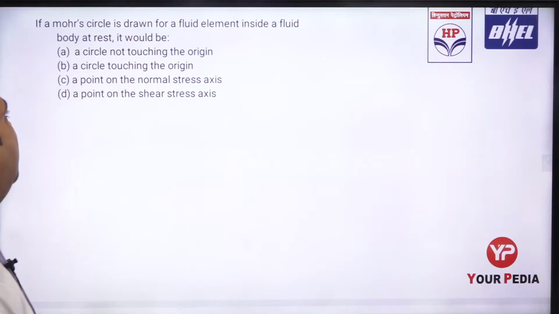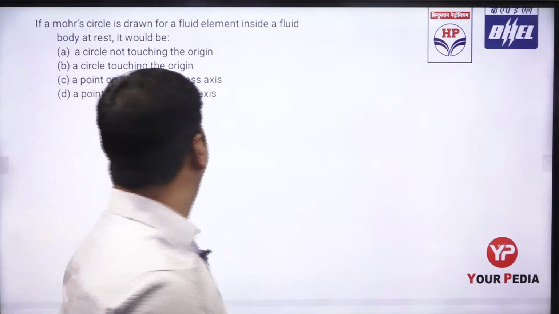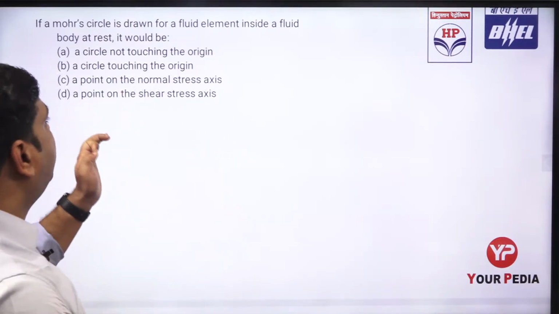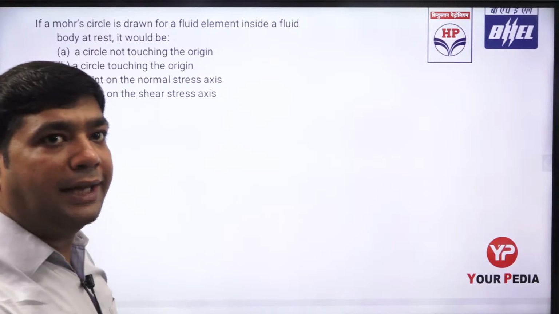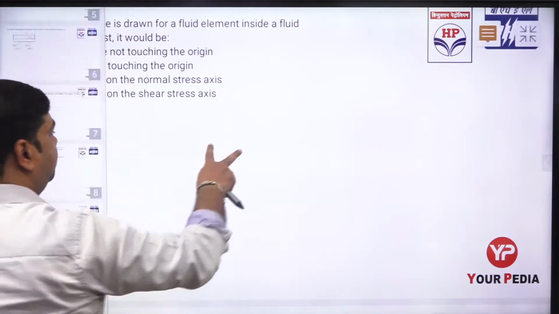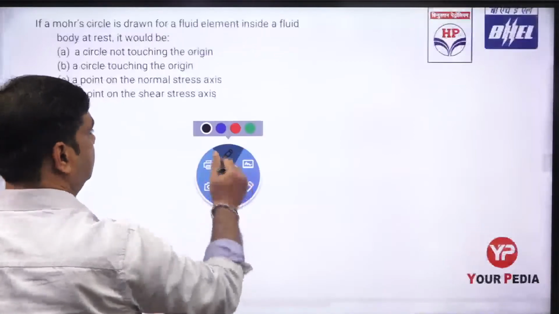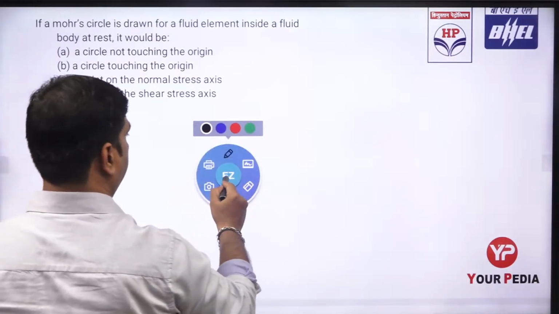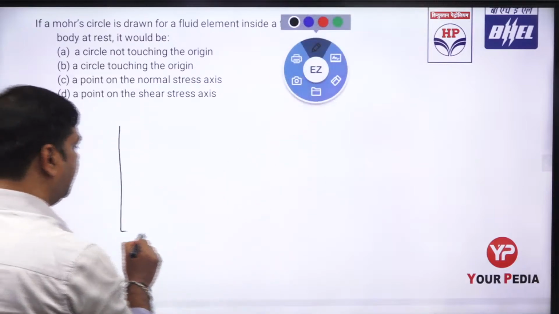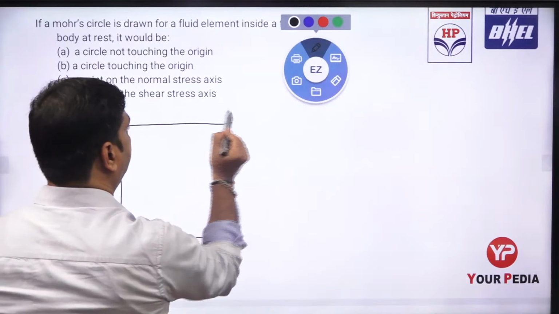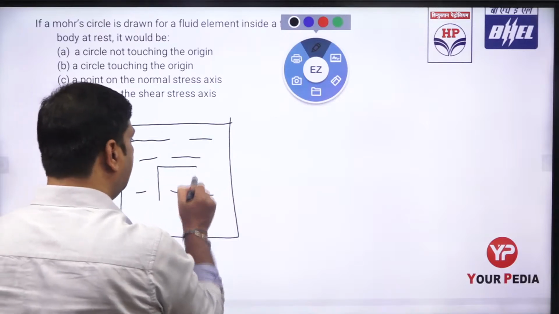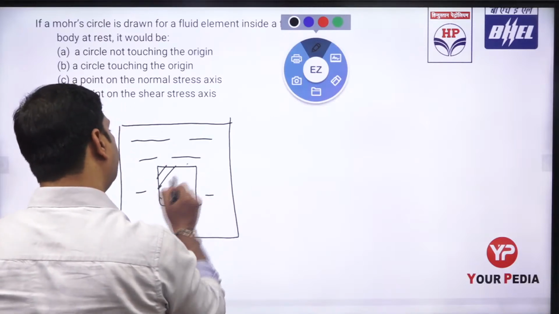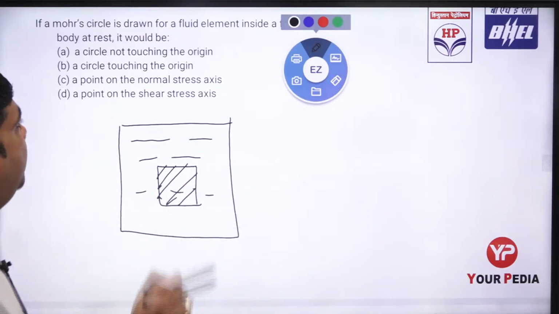So the question is saying that if a Mohr circle is drawn for a fluid element inside the fluid body at rest, it would be a circle not touching the origin, a circle touching the origin, a point on the normal stress axis, or a point on the shear stress axis. So the answer is, let us see here. This is a fluid element. Let us assume this is a container which is subjected to a fluid. If I am considering one fluid element, what will happen in this case? If the fluid is in a rest condition,